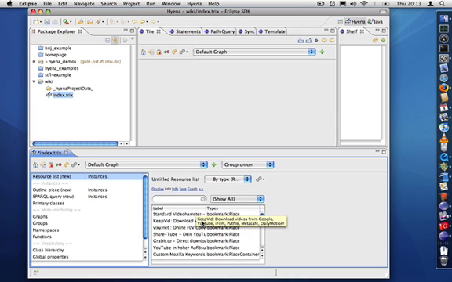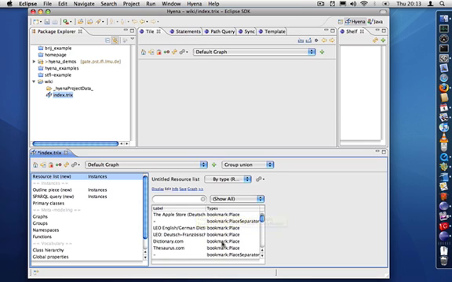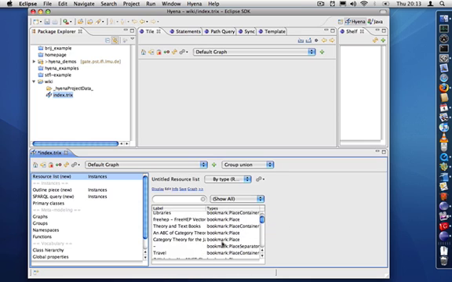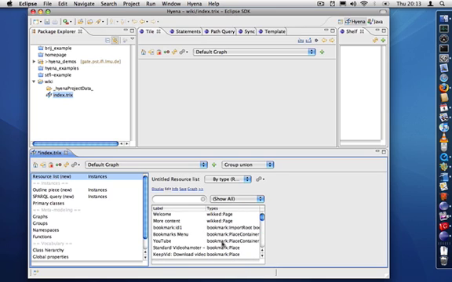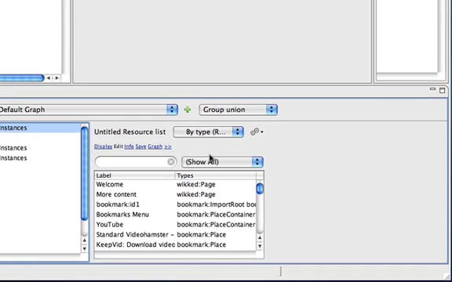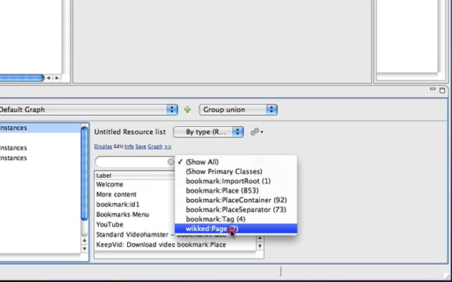And it shows up here in the resource list. We see that there's now lots of stuff in it. And we are done with step 1. Step 2, browse imported data. First we look at the types, and we note that before we only had wiki pages, now we have a